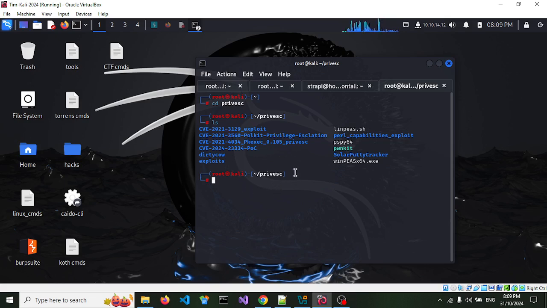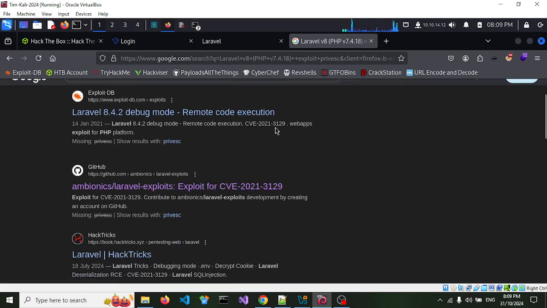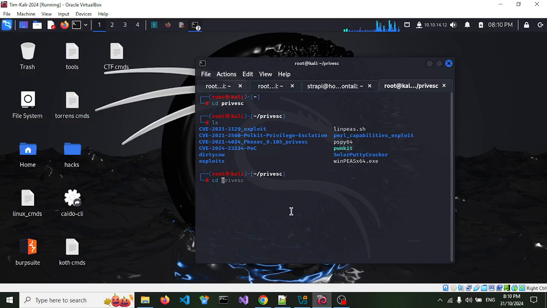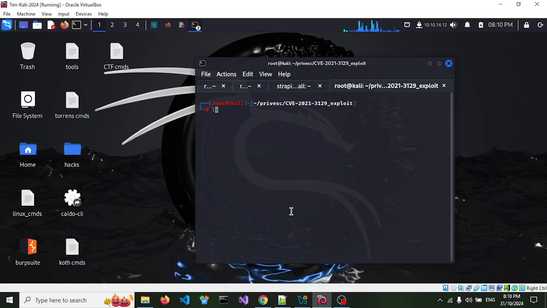And what can we see here? There we go. This one might be it, 3129. I think that's what I was just looking at. 3129. Okay, so it must be that one there. So if I go into that, there's 2021 exploit. And have a look what we got. We've got